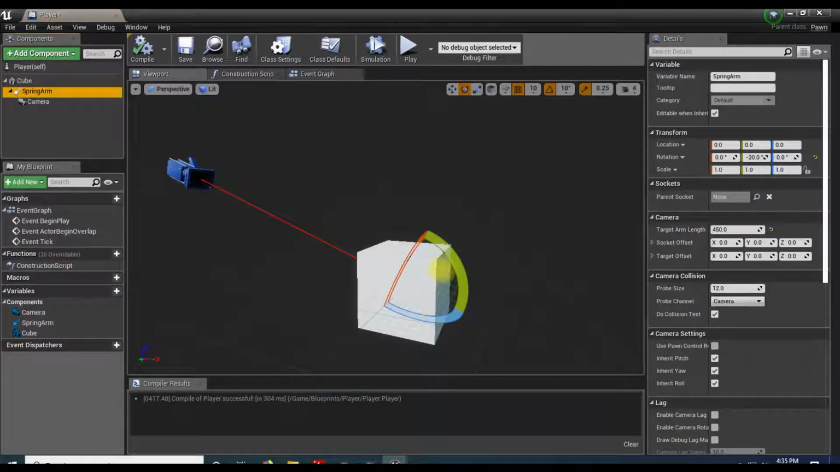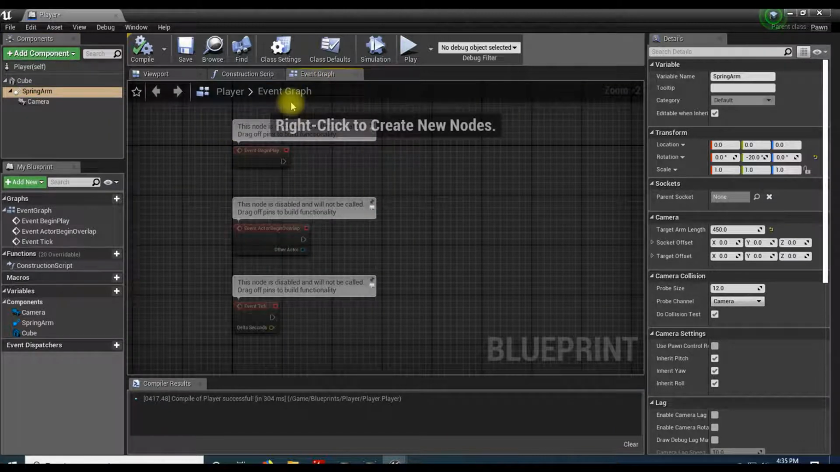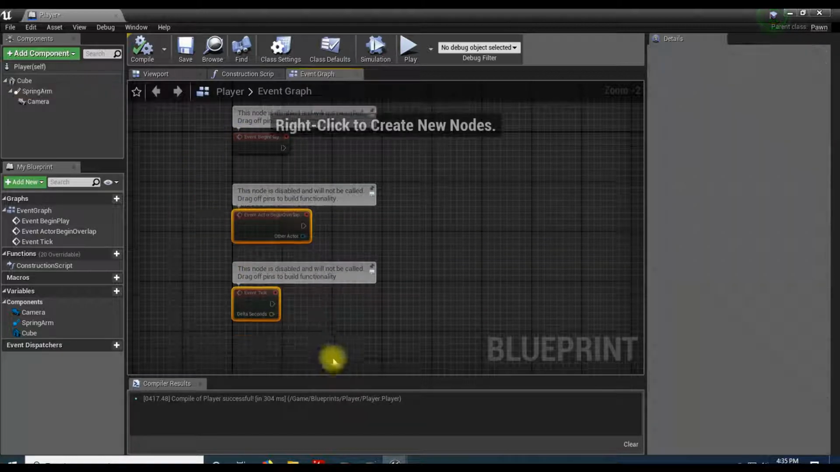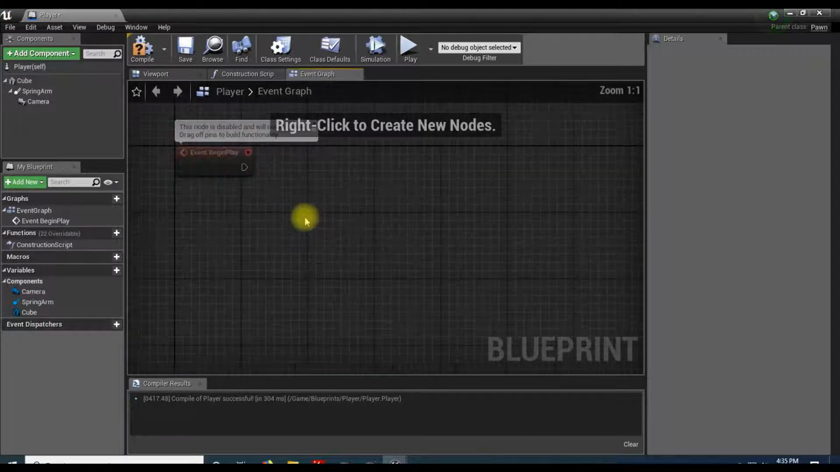Go back into my player. So now let's start setting up some code. In the event graph, we have some stuff. We got some presets. Let's get rid of all this for now, except for the begin play. We're going to use that. So for begin play,